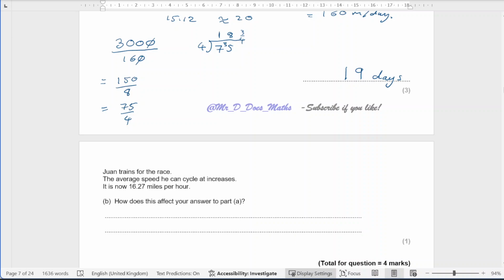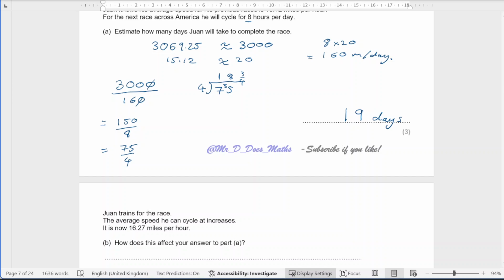The second part to this question, and again, this one needs some thinking. So, Juan trains for the race. The average speed he cycles at increases. It is now 16.27 miles per hour. How does this affect your answer to part A? Now, automatically you would think if he's cycling at a faster speed, it would mean that he does it in less time overall. But if you think about the estimation that I made, I estimated